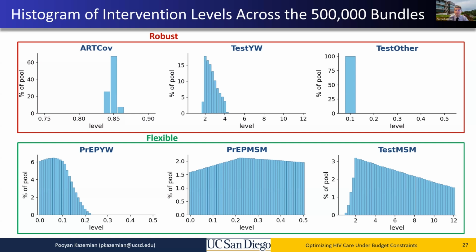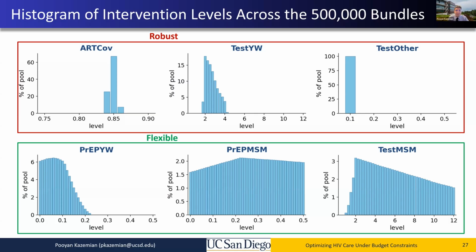Do you adjust for inflation over the 5 years and increasing costs to accomplish the same care over time? So we do not account for that. We assume that the cost of the interventions are fixed over the next 5 years. Also, we assume that our budget is fixed over the next 5 years. So I would say probably in the real world, the budget increases a little bit, but also cost of care increases a little bit, so they may cancel each other out. Thank you. Thanks, Pooyan. Great questions.